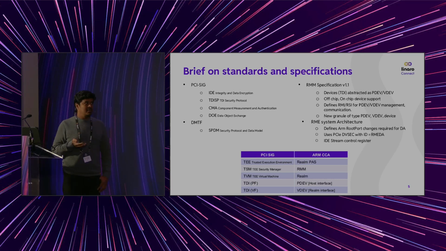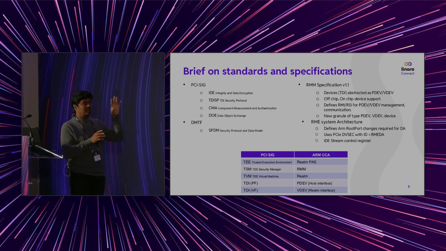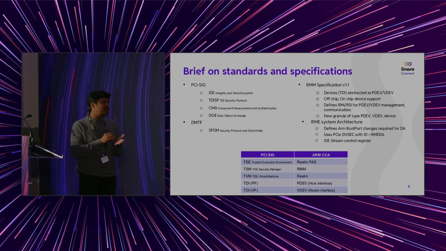And on the left-hand side is the ARM specification based on the industry standards. What are the changes that are done in the RMM specification as well as the RME system architecture? To begin with, I would like to classify all the specifications into two parts. One is the one that provides confidentiality to the data plane, the other one which provides confidentiality to the control